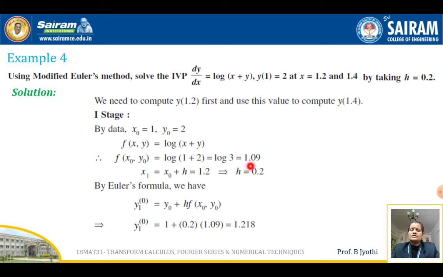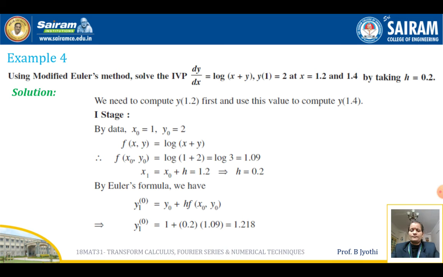So that gives us 1.09. And x1 is given by x naught plus h, which is 1.2, which implies h equals 0.2. By using the Euler's formula, we have y1 of 0 equals y naught plus h f of x naught y naught. On substitution, we get